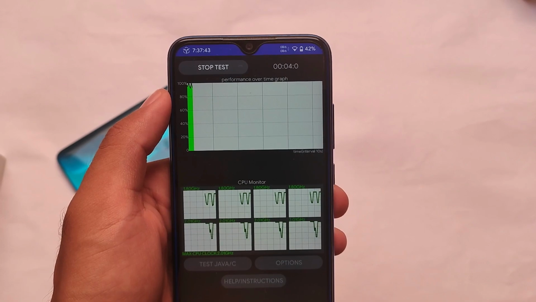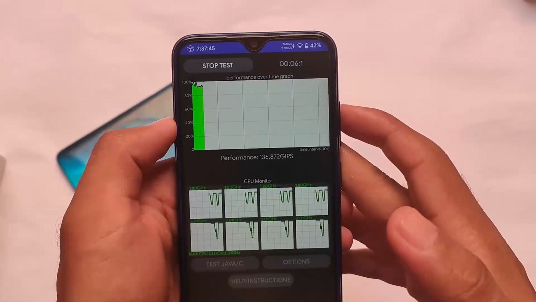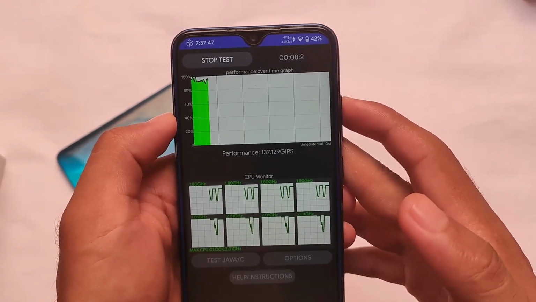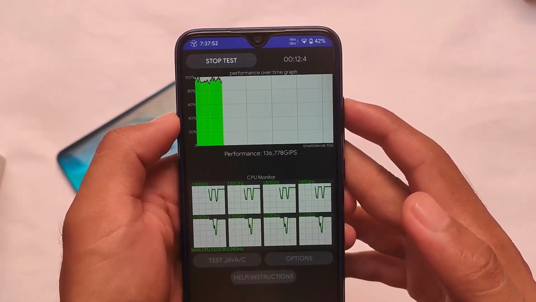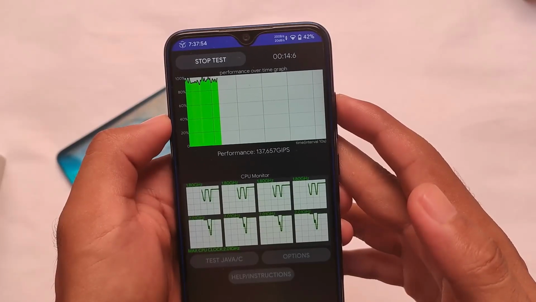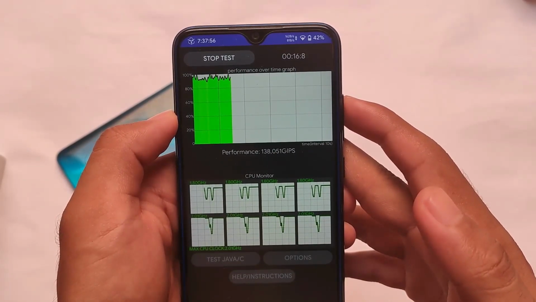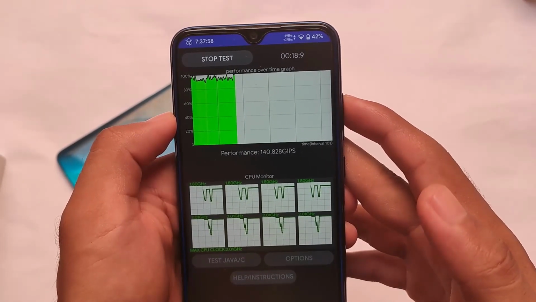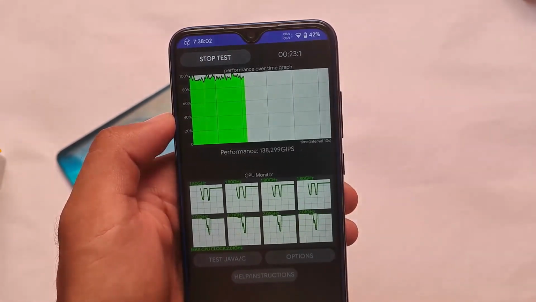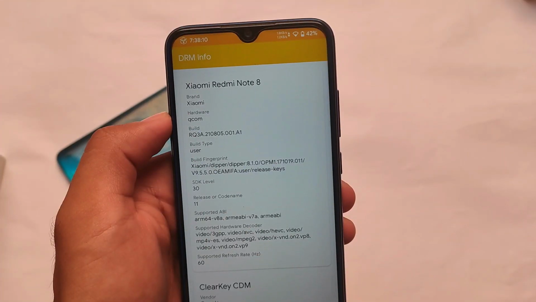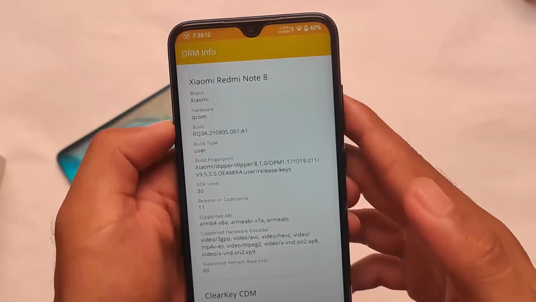In terms of the CPU throttling test, as I previously mentioned, I was not able to show you because I was not able to take a screenshot, so let me test it once again. But let me tell you that the CPU was throttled to 86% of its maximum performance, which was the result I got some time ago. But actual performance is what matters instead of these scores, so just believe those scores.